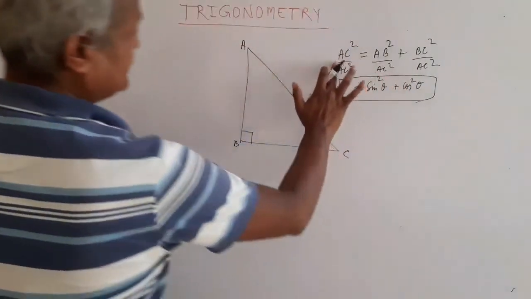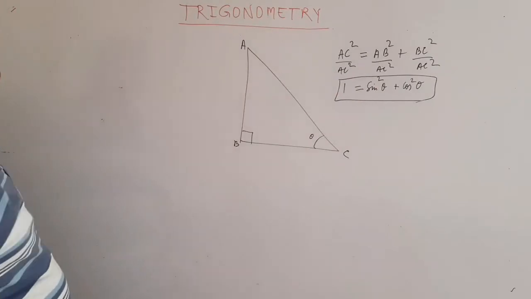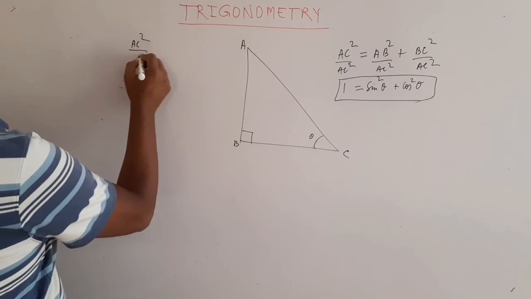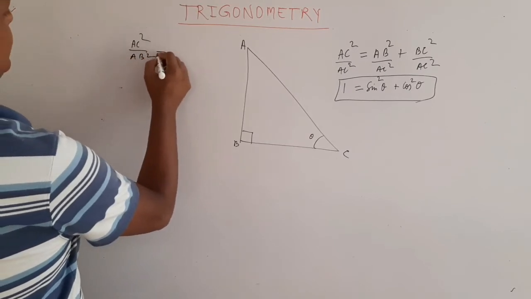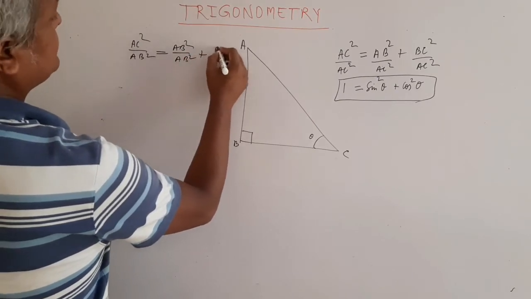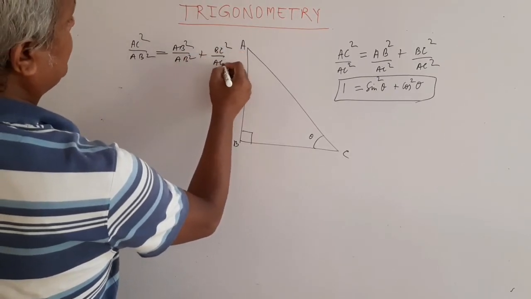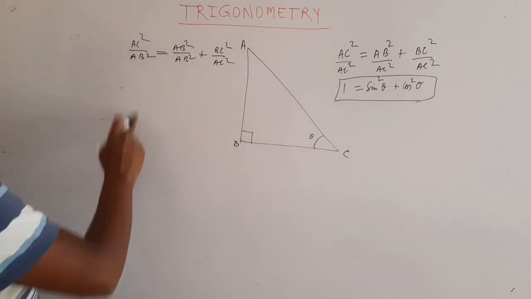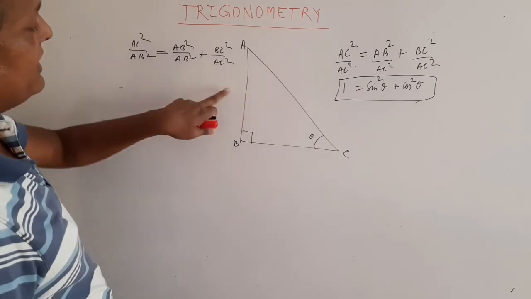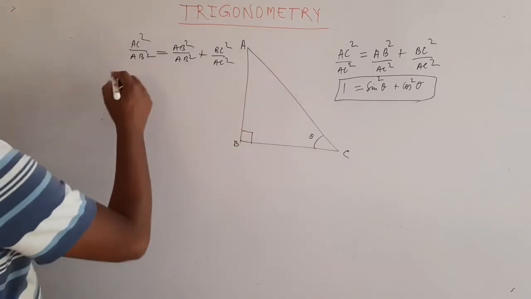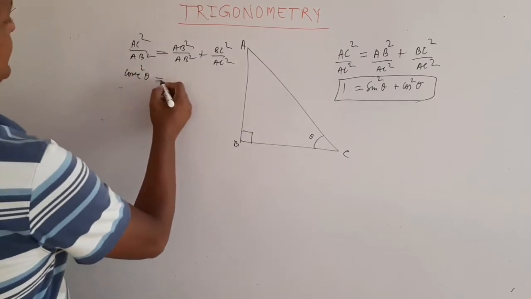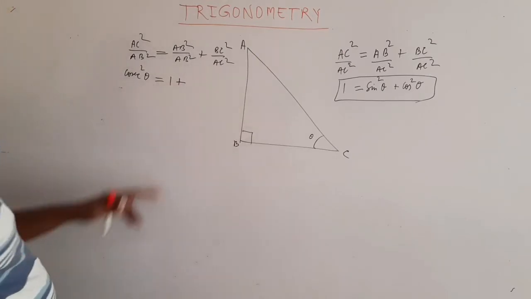Now instead of dividing this equation by AC square, if I try to divide it by AB square, then what will I get? I get AC square over AB square is AB square over AB square plus BC square over AB square. Now AC over AB. What is AC? AC is hypotenuse and AB is this. So AC over AB is just the reciprocal of sine, that is cosec. So this is cosec square theta, and then this is 1 plus